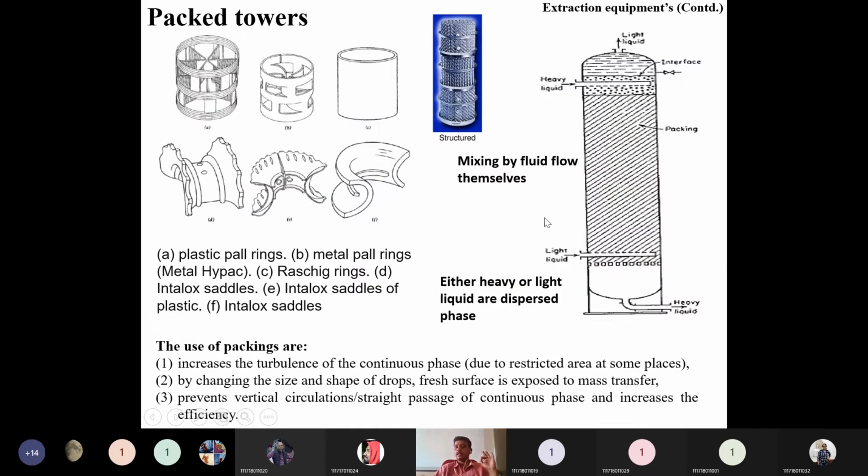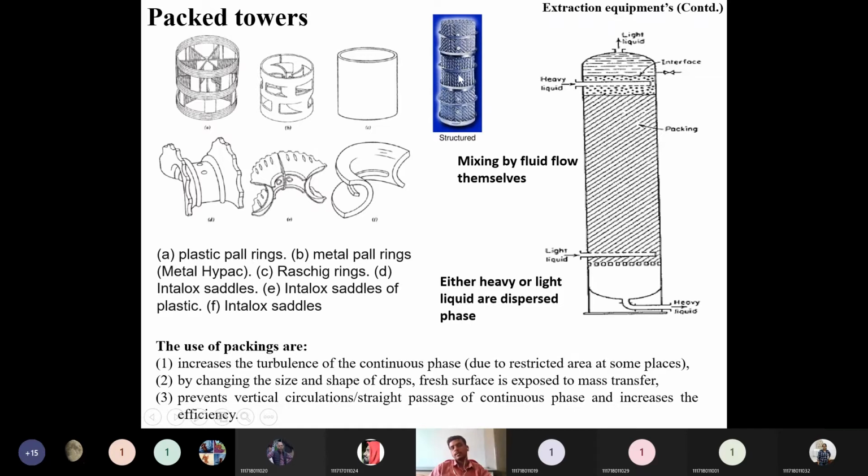But here, in order to increase the area of contact between the two phases, we can incorporate some packing material. That packing material may be a random packing, or a structured packing, which we can also call a stacked packing. So two types of packing are possible: one is a stacked packing, the next one is a random packing. The packing materials will be the same. If you see the packing material in this diagram, in the structured packing, the rings are arranged in a structured manner.